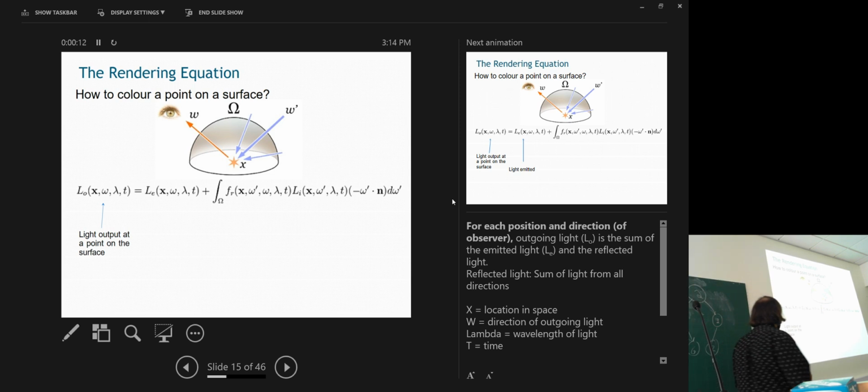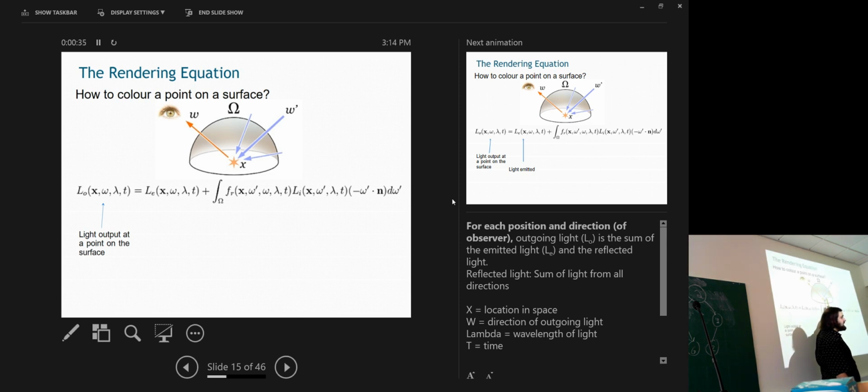Yeah. So the one on the left is the light output. So L, I assume stands for light. So light, that is output, those are the final one, the result. And we have 4 parameters here. We have X, that is the location in the space. So it's just like for simplicity's sake, but it's actually X, Y, Z coordinates. But like just overall location is